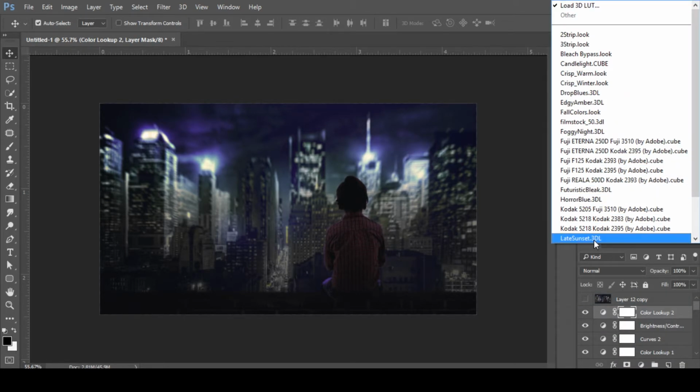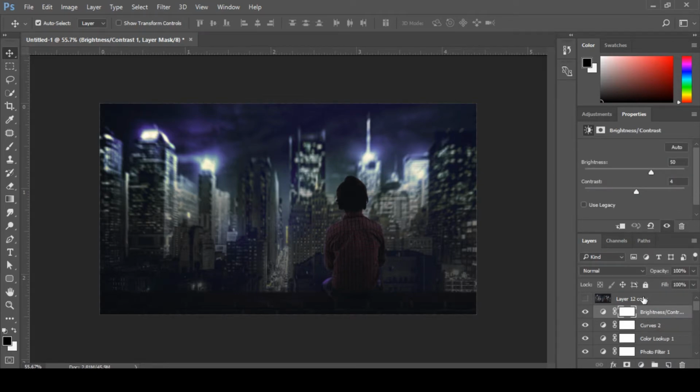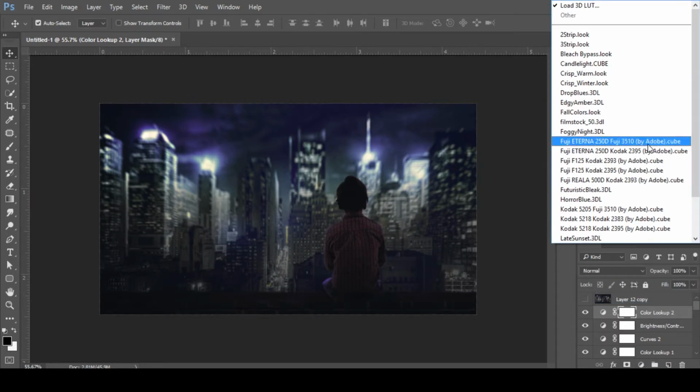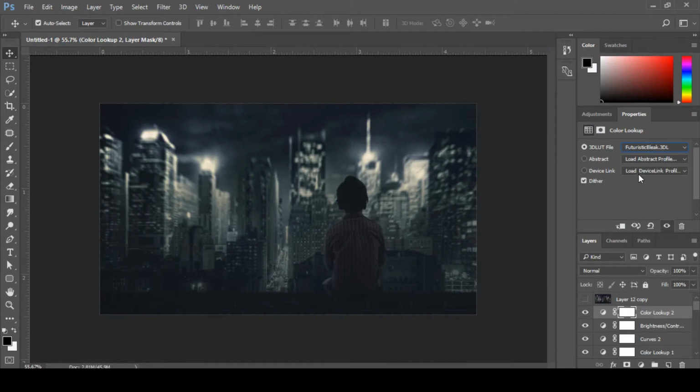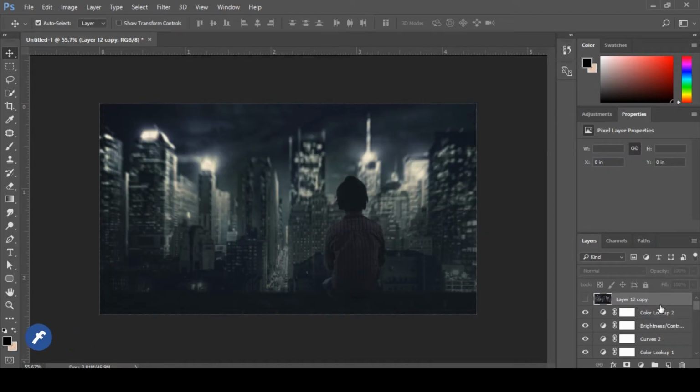And just let me add some color lookup, and I'm going for the futuristic bleak effect one more time. Just tweakings. Tweaking makes an image perfect. That is on and off of that particular LUT or lookup table. And I'm worried about this picture, like why I'm not getting that result. So whatever,